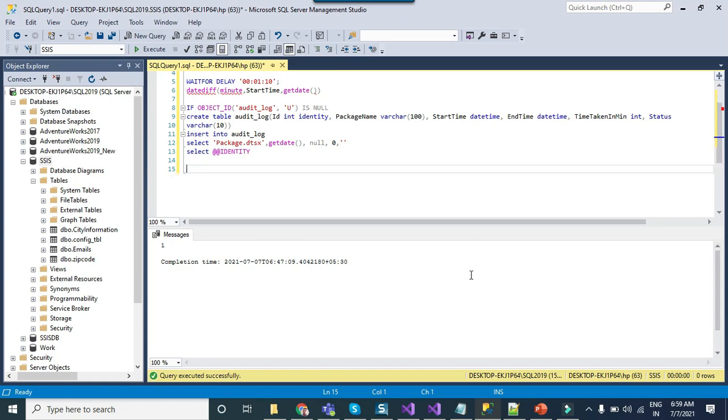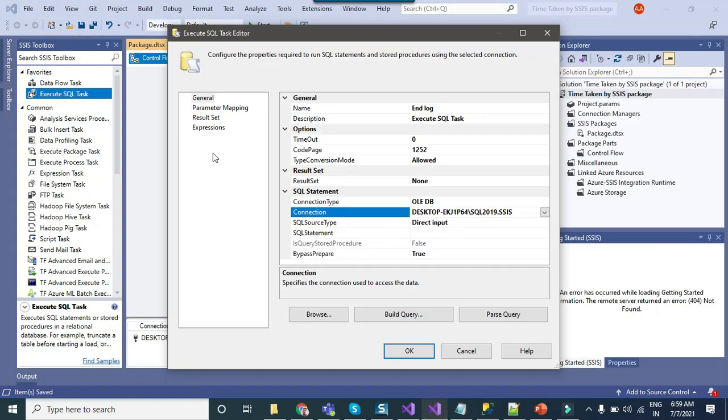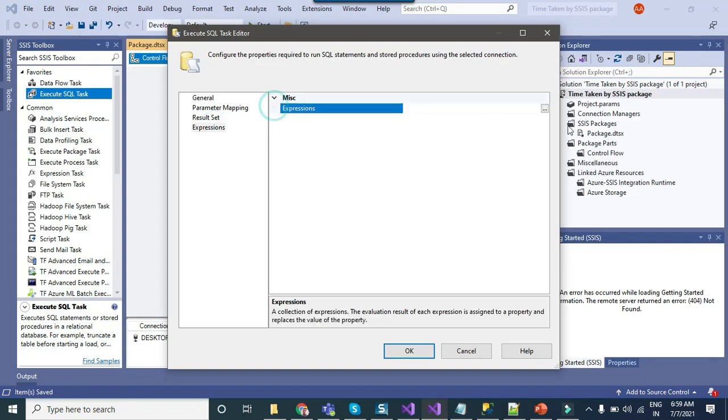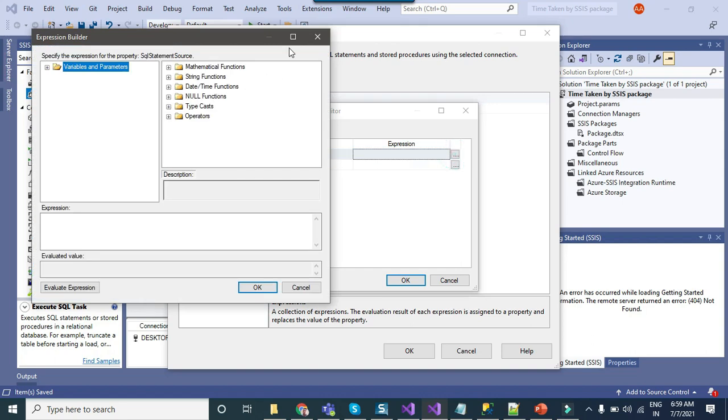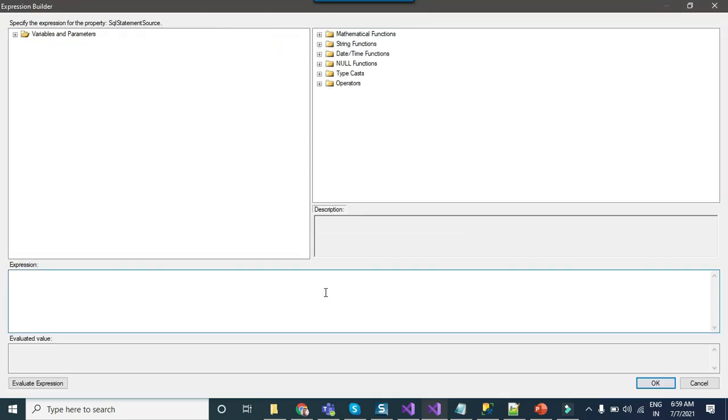So I can just copy this and put it in the expression, because in an expression I can easily access the id variable. I have put the code here, with double quotes plus, plus double quotes, and in between you can drag and drop the id variable.